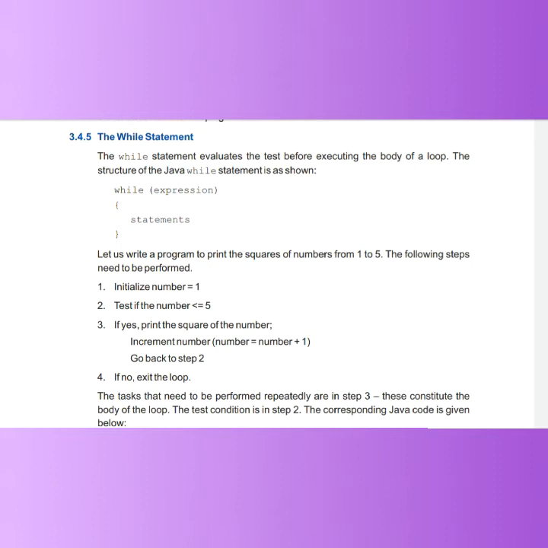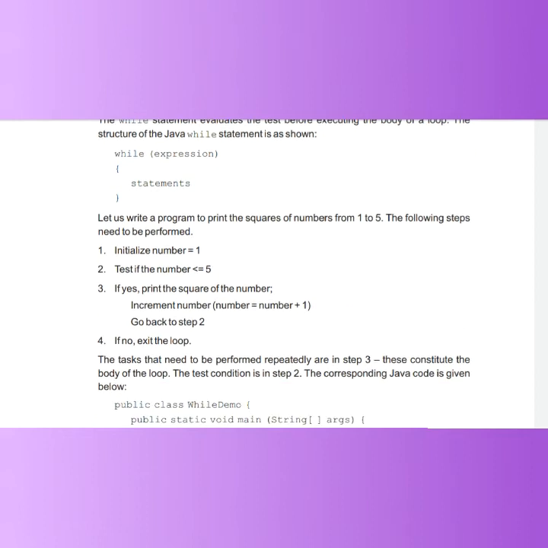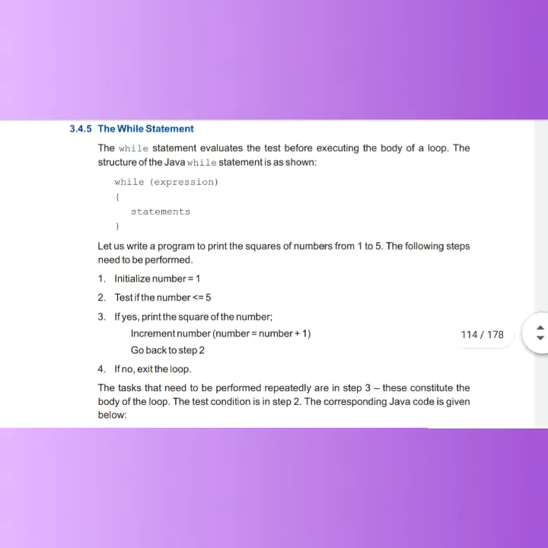Now as we have to calculate the square of numbers from 1 to 5, we have to take in our program the numbers 1, 2, 3, 4 and 5. And for the mathematical calculation of squaring numbers, we do 1 into 1, 2 into 2. Okay, this is the formula, that we multiply the number by itself. Now the algorithm for that is, first step, initialize number equals 1. Here we have taken the variable number and we have initialized it at 1 because we are starting with 1. We have to take the square of 1.